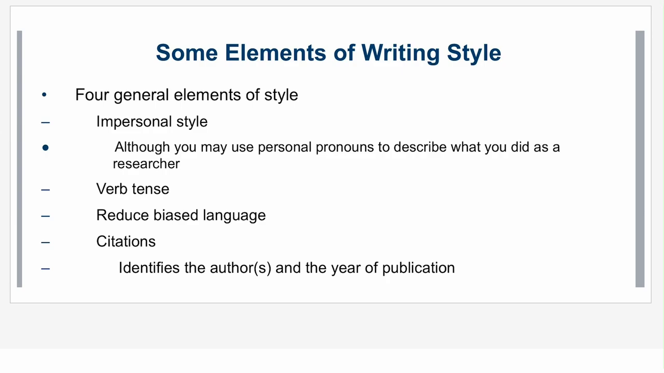The second element is verb tense. Pretty much the entire paper is going to be in past tense, the entire report, because anytime you're talking about research that's already been done, that's going to be past tense. If you're talking about the research that you did, it's going to be past tense, except for the results section. When you talk about your results, that will not be in past tense,